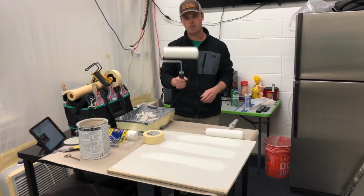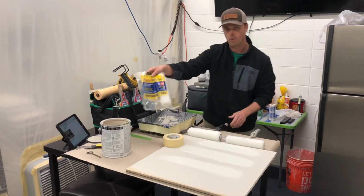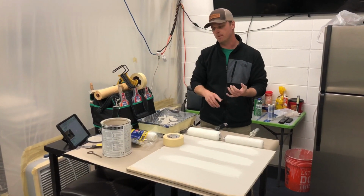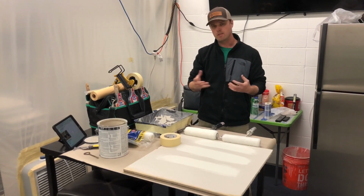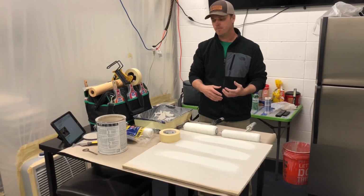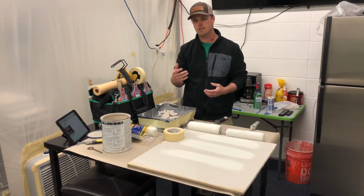Okay, so now I'm going to go over roller naps. The main cover that we use is going to be the Purdy White Dove. And then we have at the shop 3/8 inch nap and 3/4 nap. 3/8 is what we use 95% of the time, probably for interior walls. And then 3/4 would be used more so if we're doing like a stucco surface or something